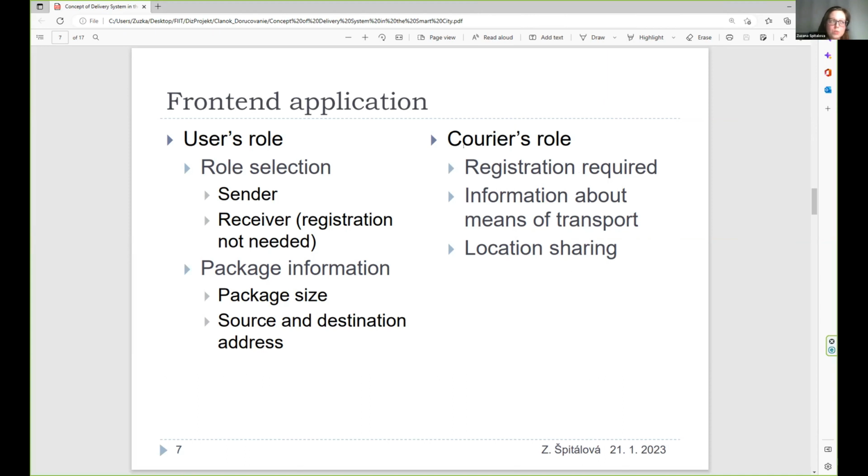So if you would like to use this courier role, you have to enable your location on the mobile phone. This is because of the package delivery tracking. So like courier, after the registration, after this location sharing enabling, you can choose some package which is in your nearby, and you can start the delivery process.